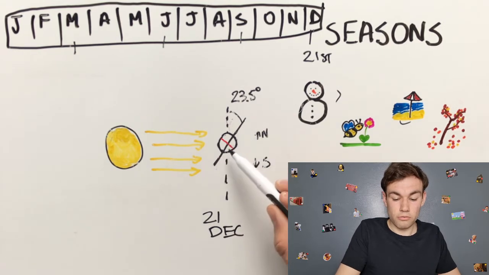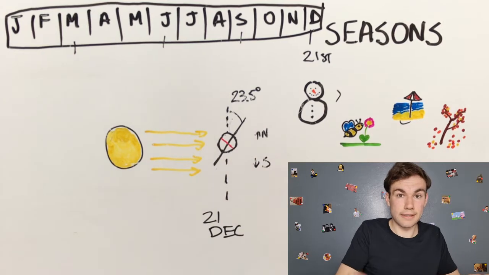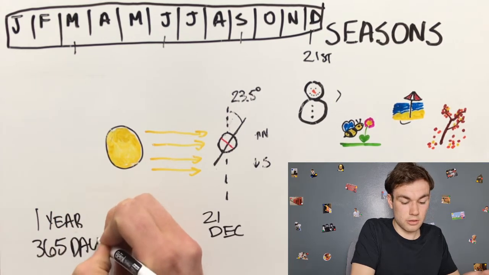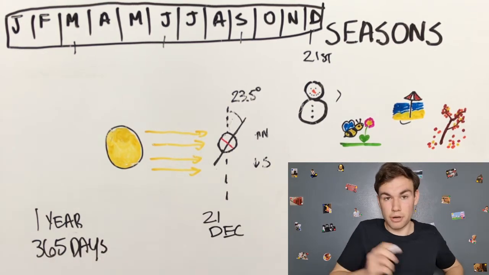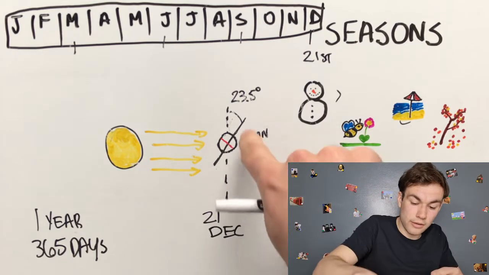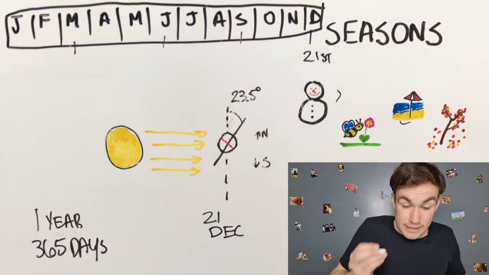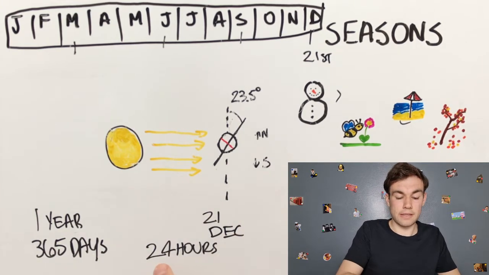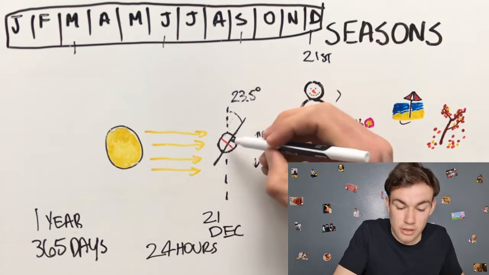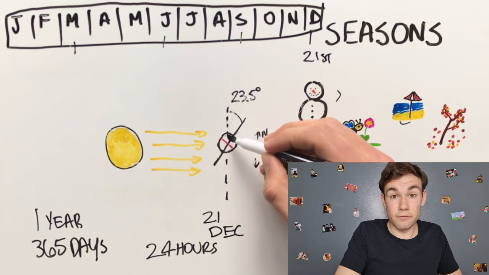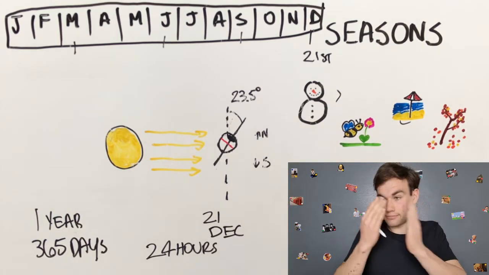Well, the Earth orbits the Sun, and of course that takes 1 year, or 365 days. But every day, Monday, Tuesday, Wednesday, the Earth spins once on this line. So that is once every day, or every 24 hours. And on the 21st of December, the Earth is in a position in which, beyond this black line, this part, which I will colour in black, is for this whole day facing away